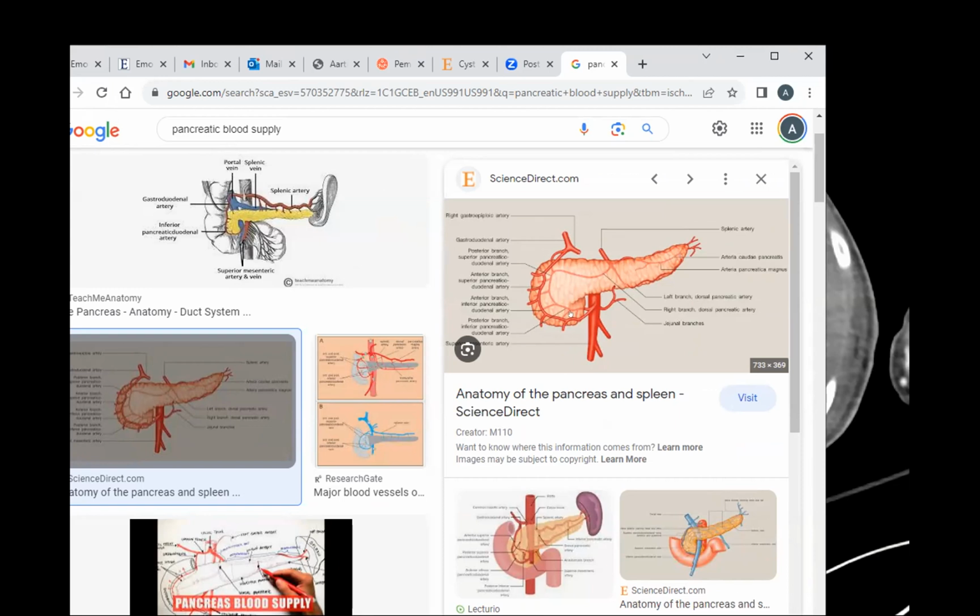But then the head is supplied by this rich vascular supply that comes off of both the GDA as well as the SMA, and it forms this pancreaticoduodenal arcade. There are multiple names: the anterior superior branch, anterior inferior branch, posterior inferior, multiple branches that form this arcade. And this is the arcade that gets activated, for example, if you have median arcuate ligament syndrome and you don't have enough flow to your hepatic artery,